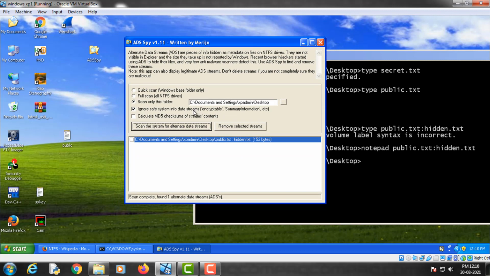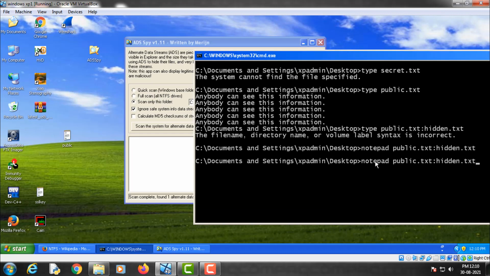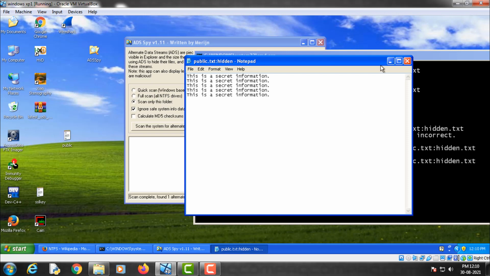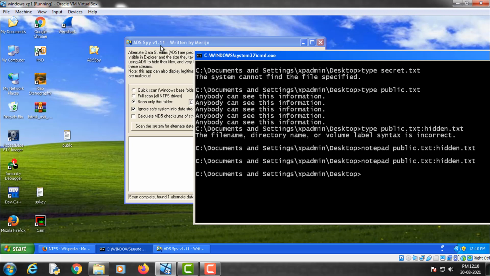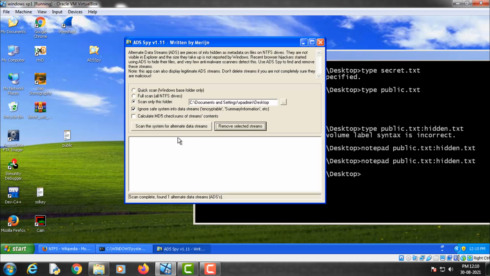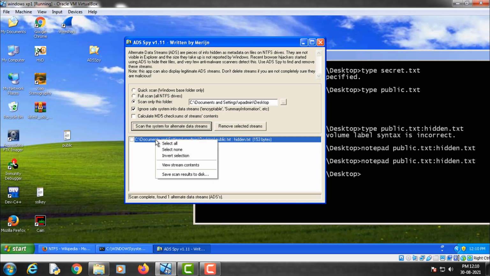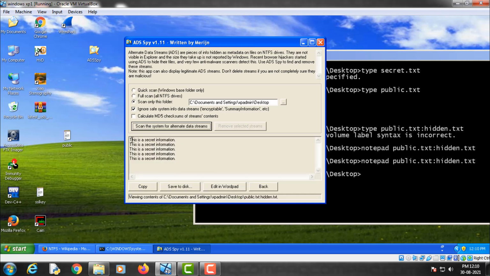Now all we have to do is to remove the selected stream. If we click here, we can remove it. And now if I try to read the file, it is still there. Let me scan it again and view the stream contents. If I click on view stream contents, you can see that this is a secret information.